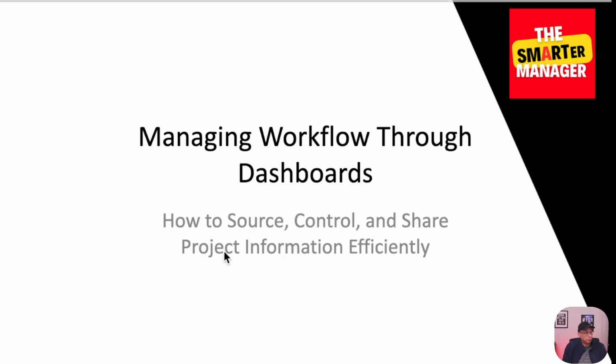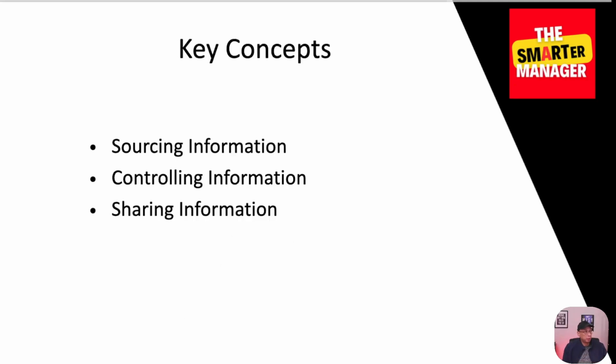So when you source information, you are controlling what the team has and you are able to update it in real time. So: sourcing information, controlling information, sharing information. Again, version control is another big challenge. If you have a schedule that is evolving and every week you have an update to that schedule, if you have a link to the updated schedule, when a team member goes to the schedule folder, they don't have to second guess. If they go to the folder structure, they have to figure out which one is the most